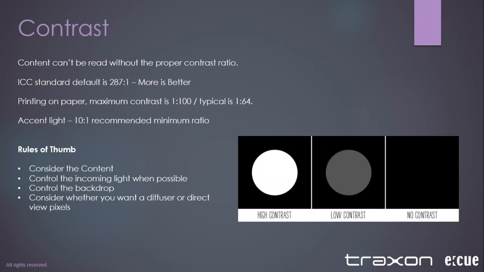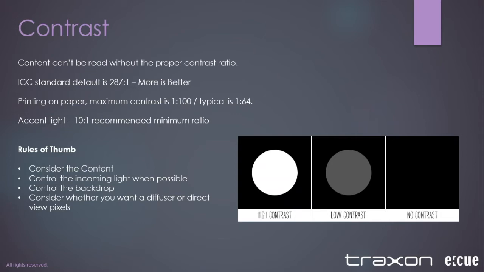But it's also important to think through contrast. If you're watching something on television, you probably want a contrast ratio of about 300 to 1 to be able to get really good image quality. But printing on paper is maybe 100 to 1. And when we think about accent lighting, we usually use a ratio of about 10 to 1. So again, think through, is this a feature we want to really be able to pick out all the detail? We need really high contrast ratios? Or is this an accent? We really need a low contrast ratio